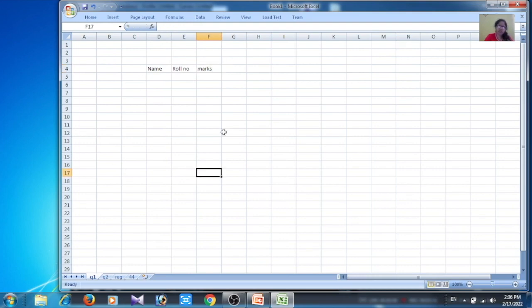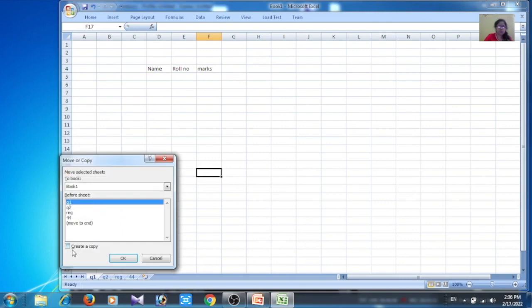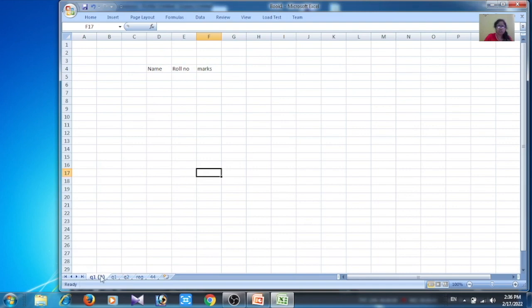If there is a lot of data, for example, and I want to copy this same data to another file, I can copy the whole data, the entire sheet, into another one. So this is the question 1 sheet, named Q1, and I'm just copying this one. So it will ask you to create a copy. Yes, I want to create a copy. Okay. So this is the copy of Q1. I have named sheet number 1 as Q1, and this is the copy of Q2. So similar data you will find in both the sheets. So likewise,